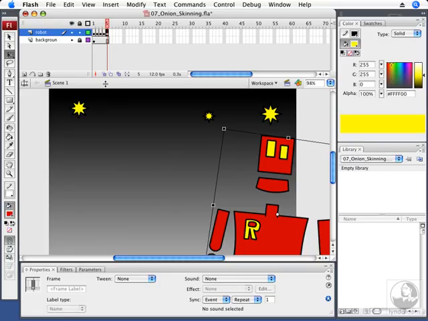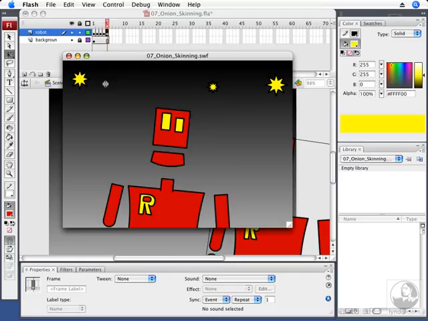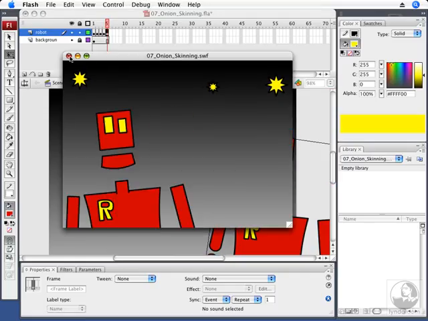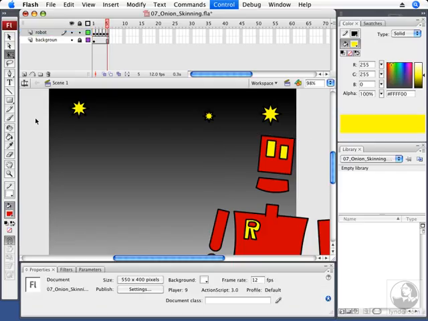So now let's test the movie and watch the robot walk across the screen using Command Return or Control Enter on the PC. It looks like the robot's moving a little too fast, so let's close this window and slow down the frame rate again. Make sure to deselect everything on the stage by clicking in the pasteboard or the gray area off the stage. Then in the Property Inspector, find the frame rate text field that's at the top right of the Property Inspector. Highlight the default frame rate, which is 12, change it to 3,